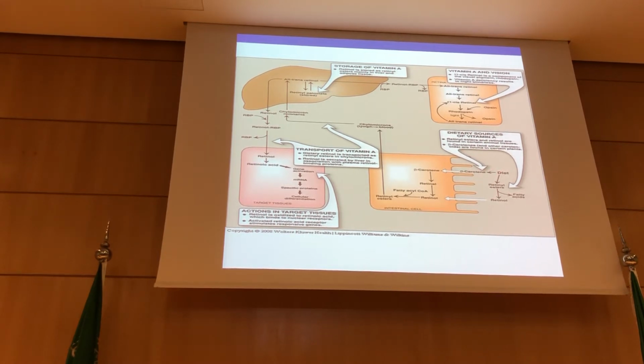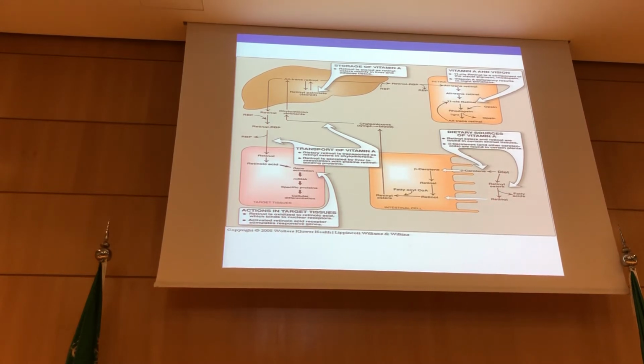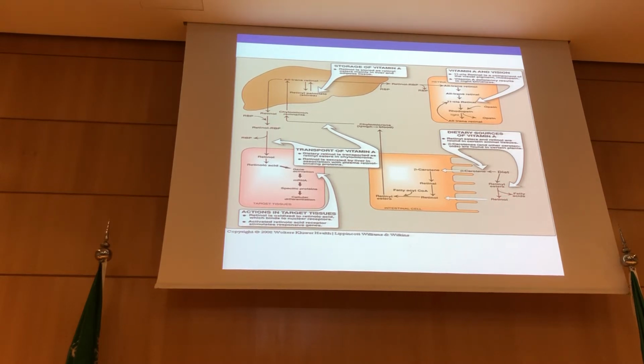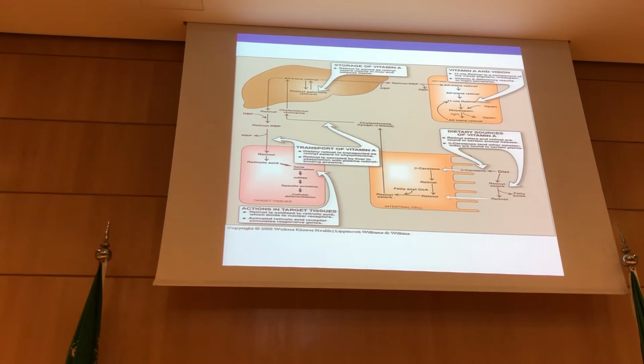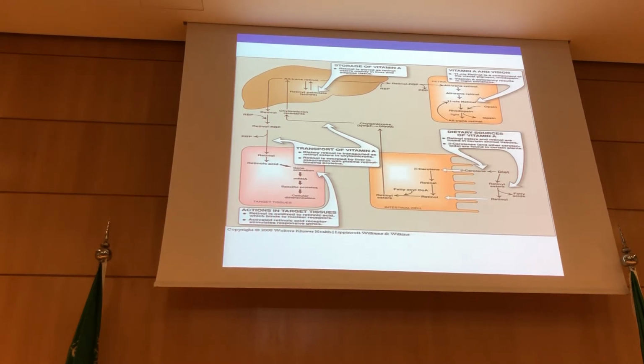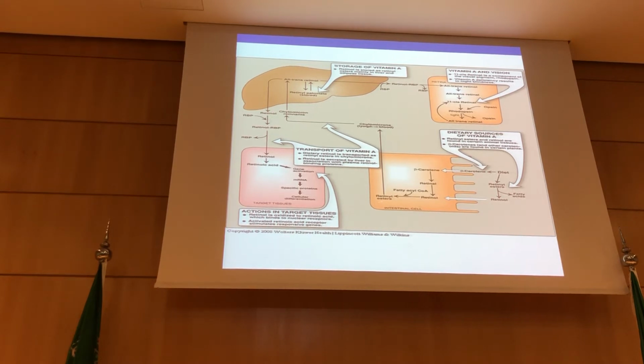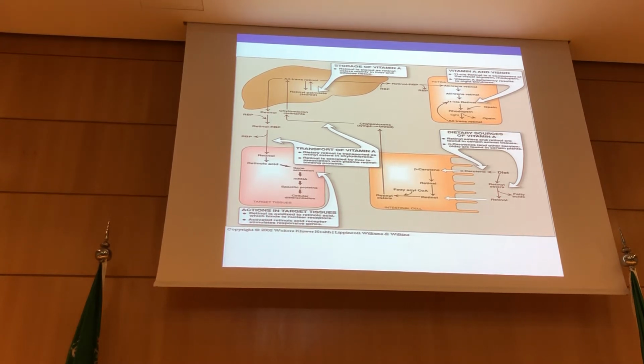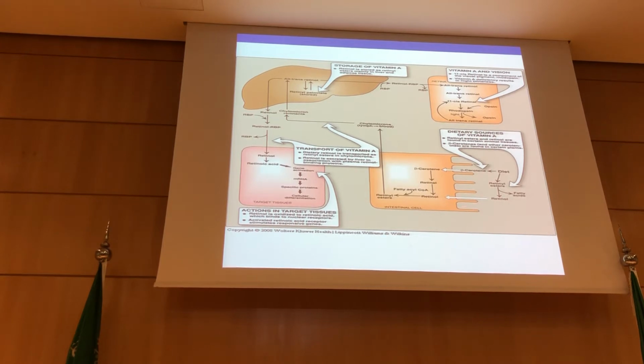We take it from our diet, either in the form of beta-carotene, which we later transform into retinol, then the retinol is esterified to form retinol ester, or it is obtained in the form of retinol ester from our diet. It will then enter the intestinal cell in the form of retinol, and then also be esterified to form retinol ester. So the dietary sources are either beta-carotene or retinol.